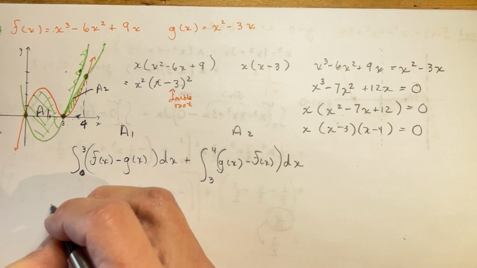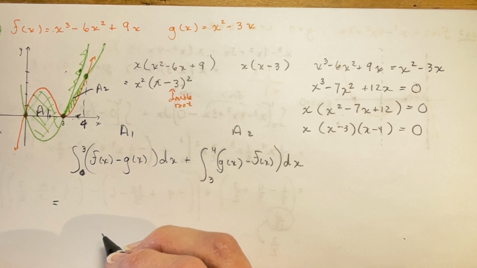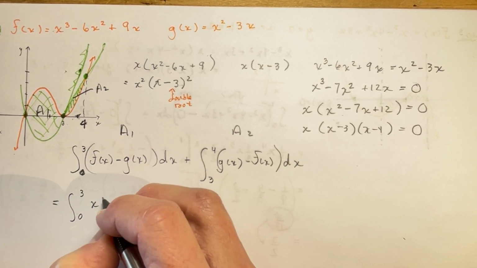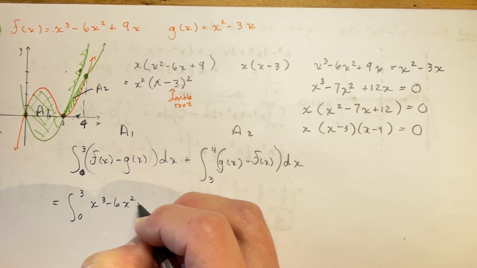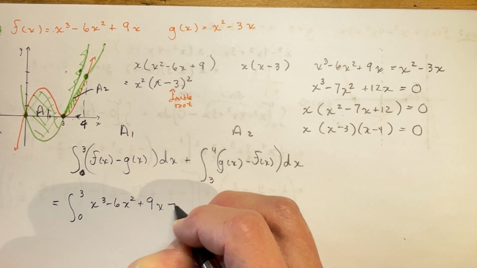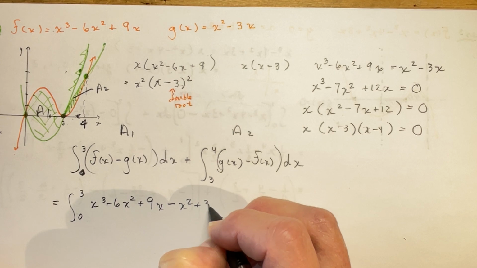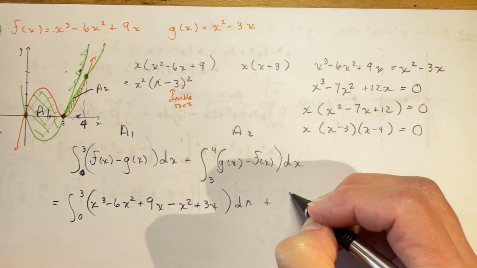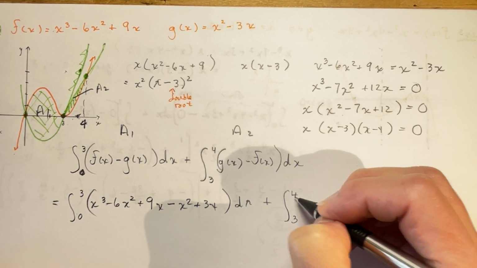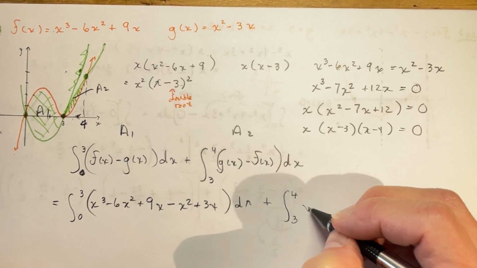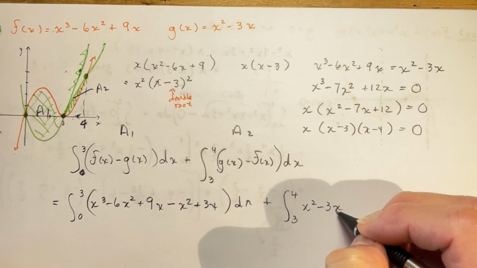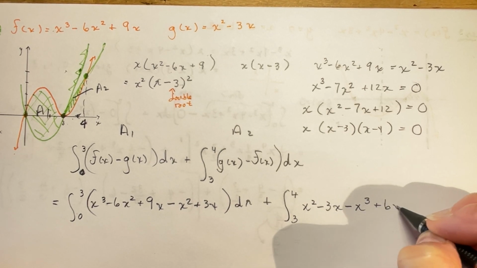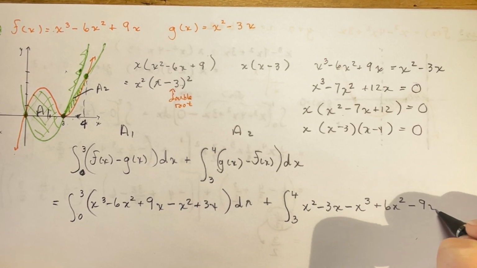Okay, so now you're all set to plug it in. You found out which curves are above each other, which one's below. So this is, again, the integral from 0 to 3 of x cubed minus 6x squared plus 9x minus x squared plus 3x dx, and the integral bounded by 3 and 4 of g at x, that's going to be x squared minus 3x minus, and I'm changing all the signs as I do this to do it in one step. Remember to change them all,